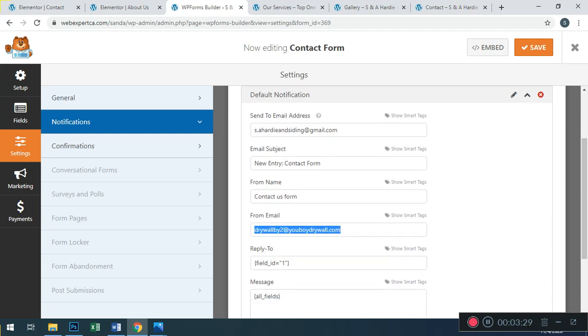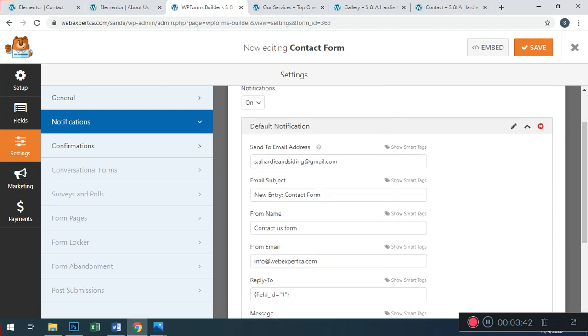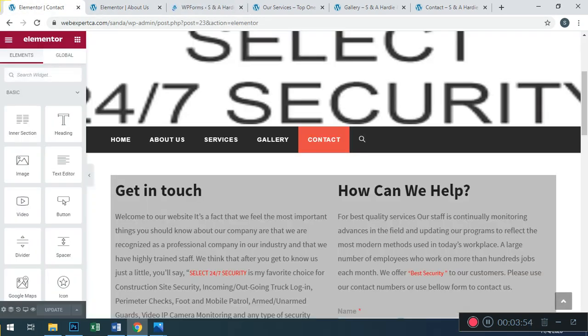We change it to info@webexpertca.com and save. The benefit is that when the customer tests this, he will receive the email, and he will be happy when he receives it. Close this. Now this will be working.